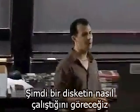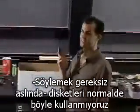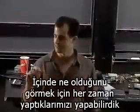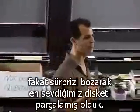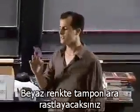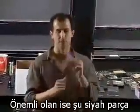So we are about to see how a floppy disk works. This is not how you should normally use these things, needless to say. The funny thing is, we went with the fancy disks this year, and as such, I think have sort of spoiled the surprise that you can actually see inside of the disks without doing what we're doing. But you probably notice a little circular something or other in there. Well, what you're seeing is some white pads of sorts, but the juicy stuff is this black piece